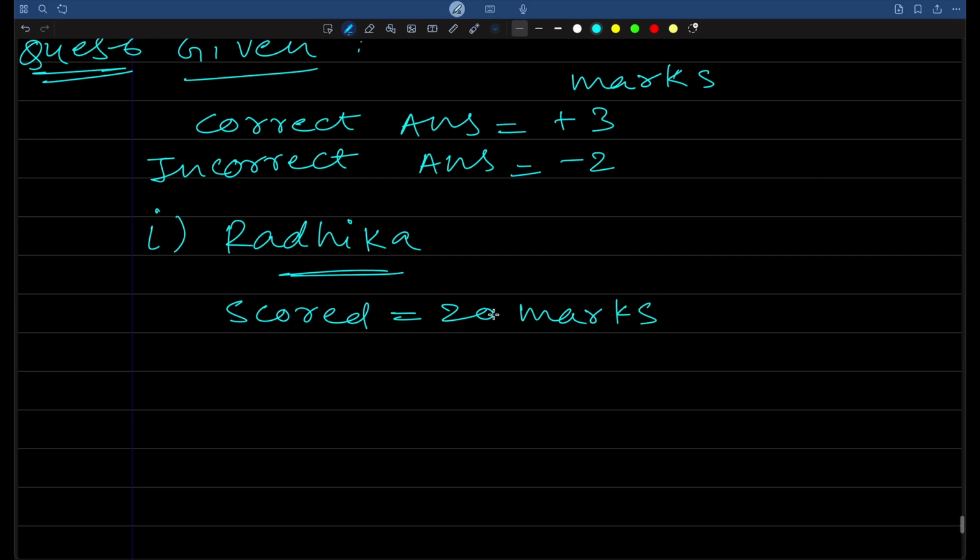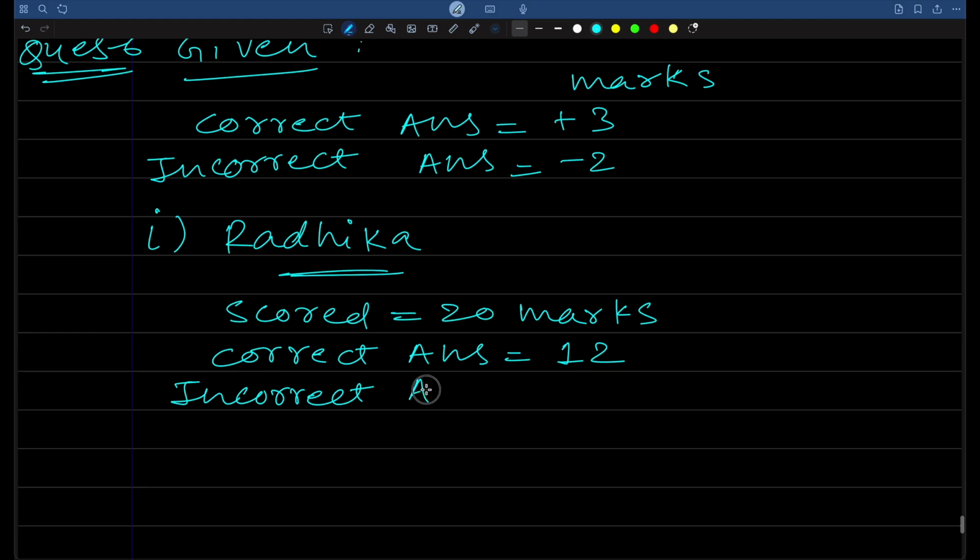Radhika scored 20 marks, and correct answers are 12, and we have to find the incorrect answers. So we will suppose x for what we have to find out. We have to find the number of incorrect answers. So let's suppose